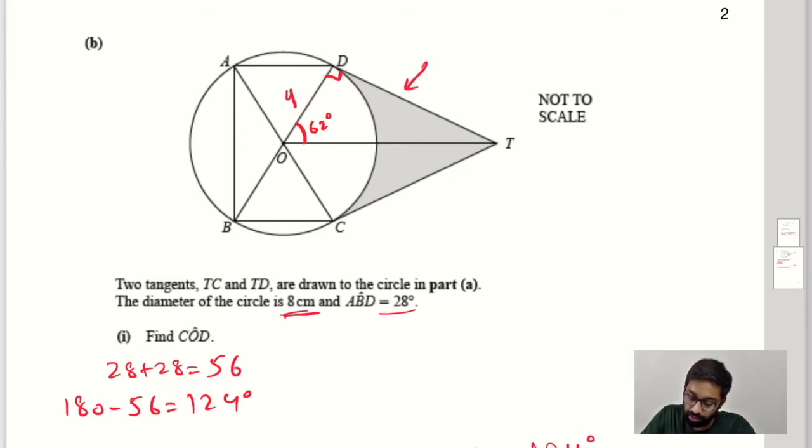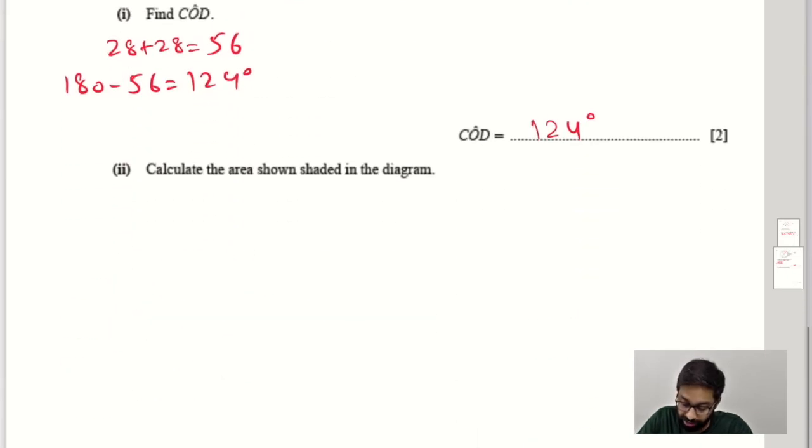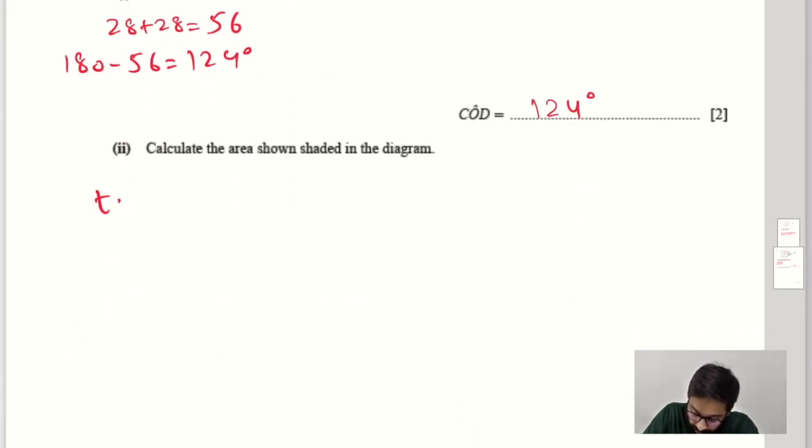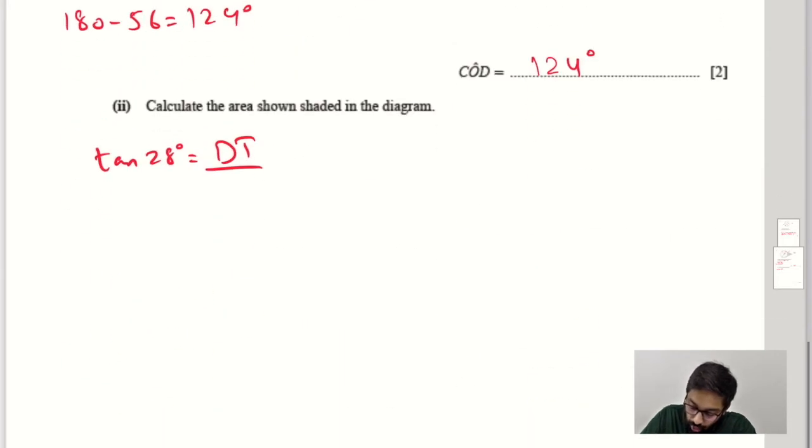So let's do that. The formula that we use is opposite upon adjacent. So tan 28 degrees is equal to opposite, which is DT, over adjacent, which is DO, and we can write that as 4. So DT is equal to tan 28 times 4, okay, I'm making a mistake over here. 4 times tan 28